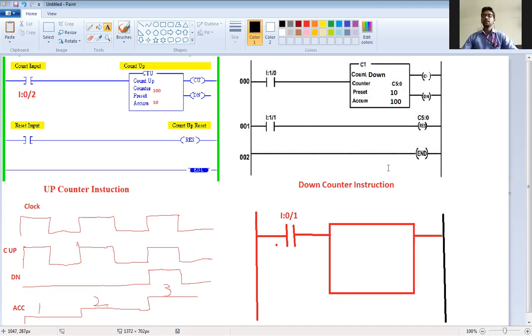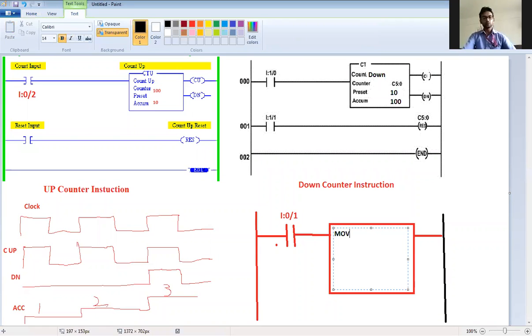Now let us move to the next instructions, the data handling instructions. In data handling instructions, the first one is move. This instruction is very much similar to your assembly instruction move, where the source and the destination are mentioned.